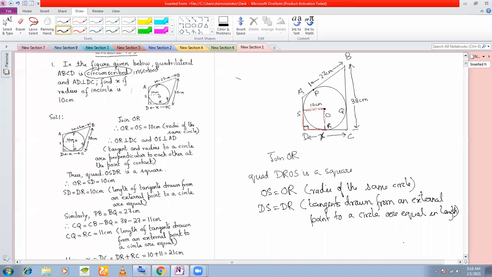What can you say about the opposite sides? Can you say the opposite sides are also equal? Because in order to show that all the sides are equal, you need to show that any two adjacent sides and any two opposite sides are equal. Right? So what about the opposite sides? I have not written all this here in the solution, but I'm writing it here just to make you understand. Can you tell me how you can say that the opposite sides are equal?